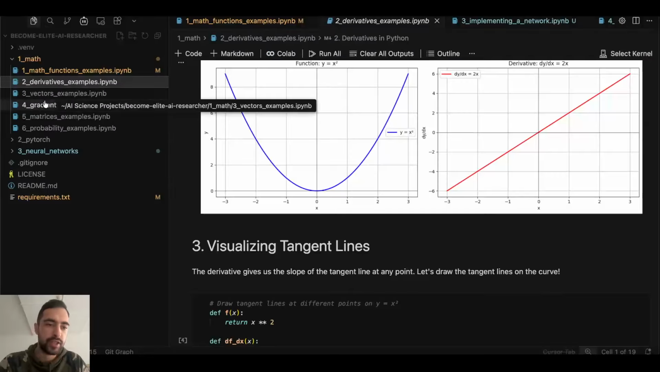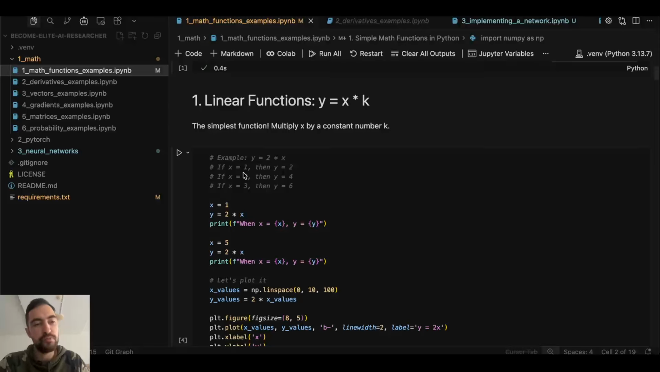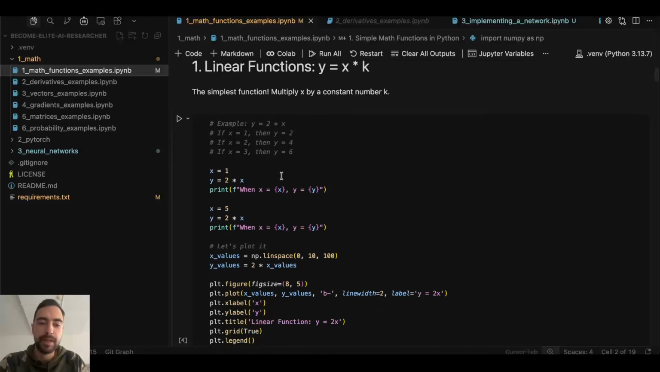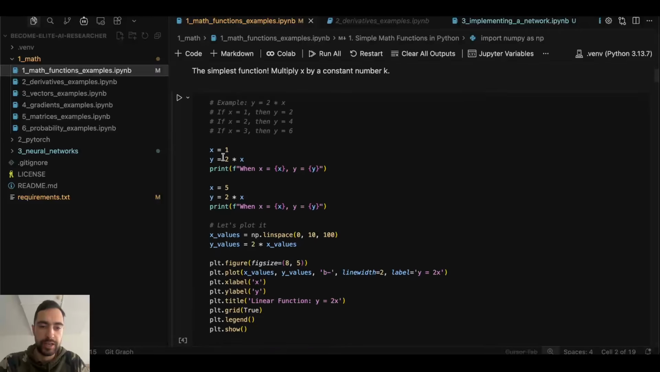Then vectors, gradients, matrices, and probability. A lot of you may already be familiar with some of these, especially maybe with functions, but you can use timestamps below or chapters to skip, but maybe you can also watch it anyways. So